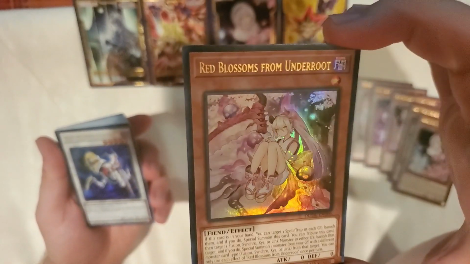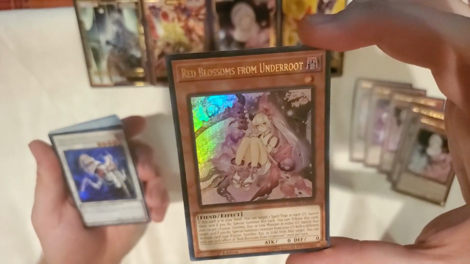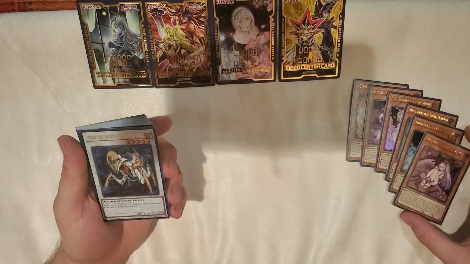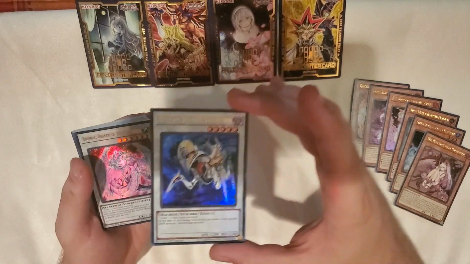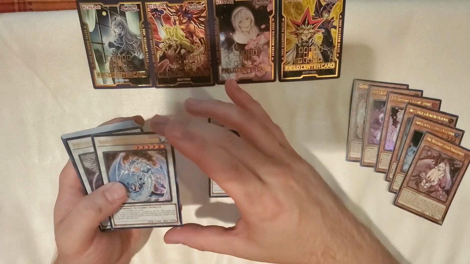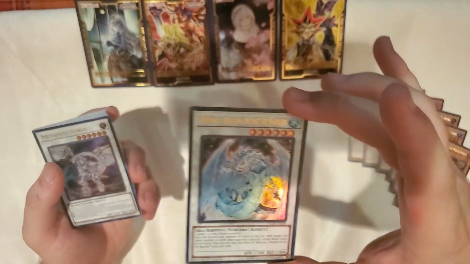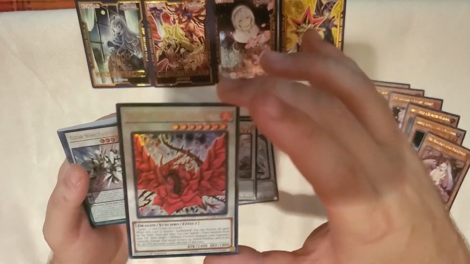So she just gives you some recursion, and you get to banish stuff from your opponent's graveyard, taking their resources away. This card is crazy, and it's definitely going to find its way into our side deck. Next up, we have the Synchro monsters. So we have Ally of Justice Catastor, Bryonic, Dragon of the Ice Barrier, which is definitely going to go into the extra deck. We then have Metaphys Horus, Black Rose Dragon,